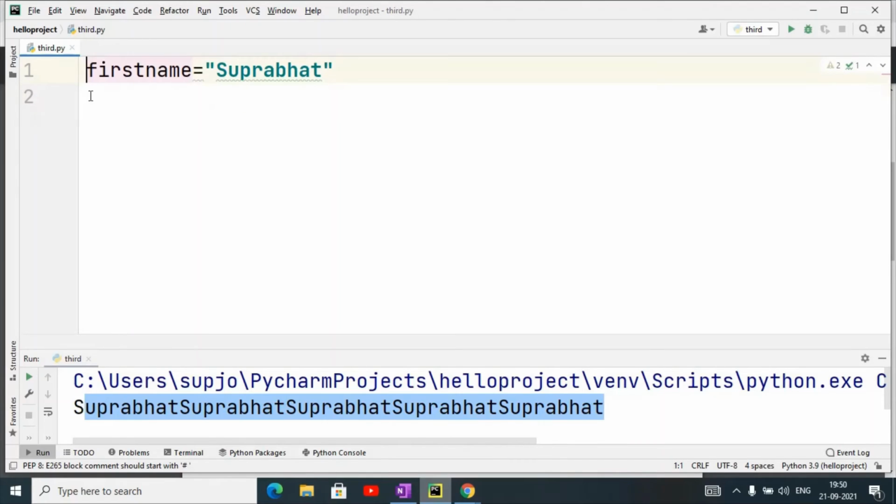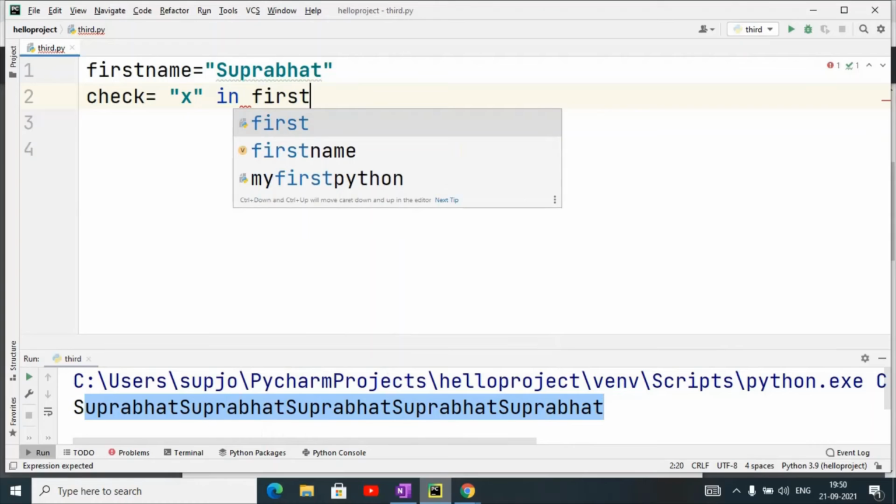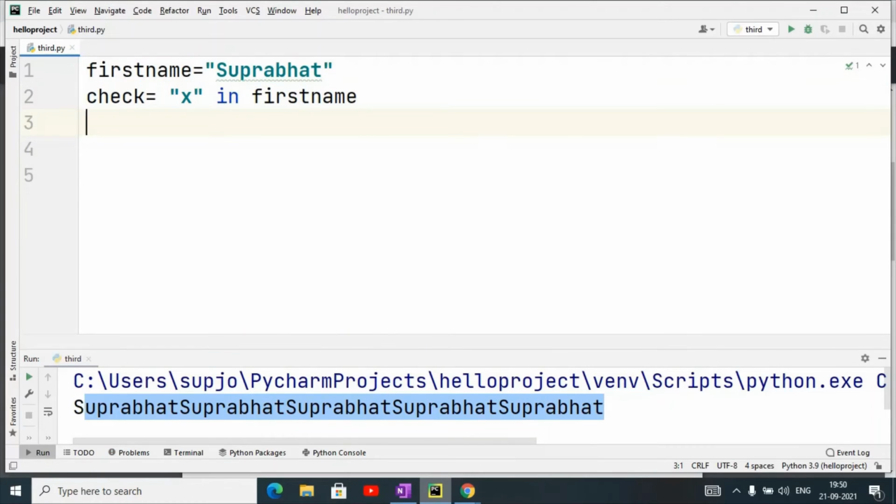So our first name, I have to check, suppose I want to check X in first name, then print check.